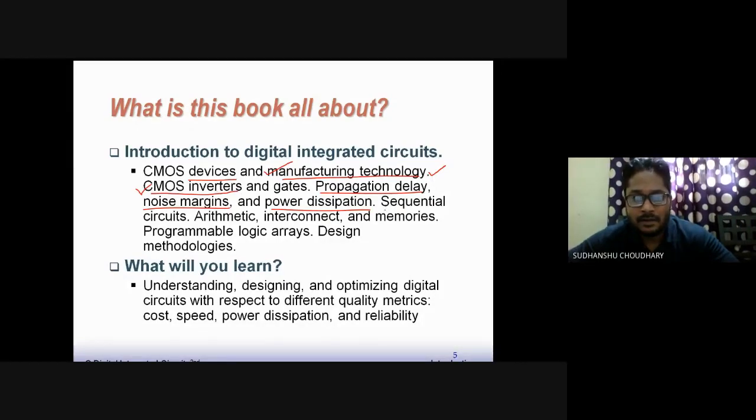And after this combinational analysis, we will come on to the sequential circuits. You might know that they work in a sequence. That is, the output of a gate depends upon the output of the previous gate. For example, if there are 3 gates connected, all gate inputs or outputs depend upon the output of the previous gate connected in series, right? So for example, I have 3 inverters, let us say, connected in series.